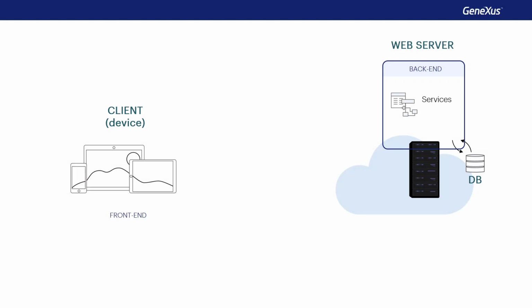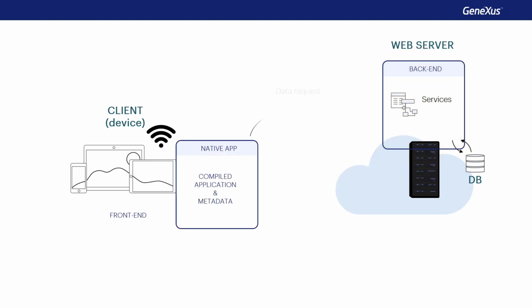So far, we've focused on web applications. And now we'll look at the architecture of a native mobile application. In particular, we'll see the architecture of mobile applications always connected through Wi-Fi, online applications, which is the most common case of native applications, while keeping in mind that Genexus also builds offline applications. A mobile application also has a part that runs on the client, in this case the mobile device, and a part that runs on the server, which provides information to the client. The application code runs on the device, which accesses the server only when it needs data.